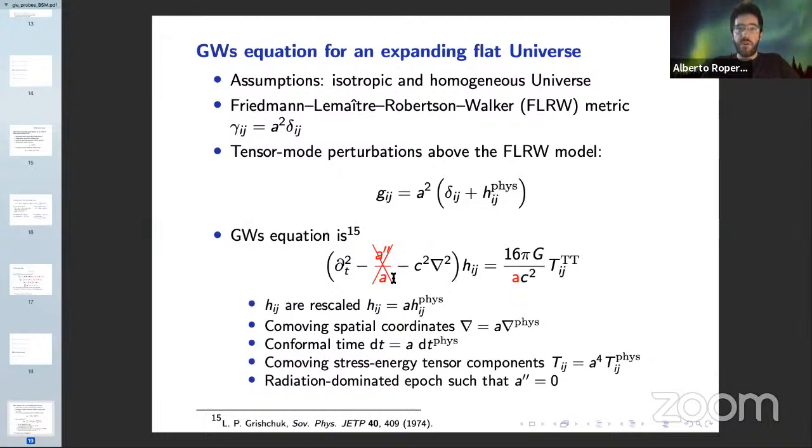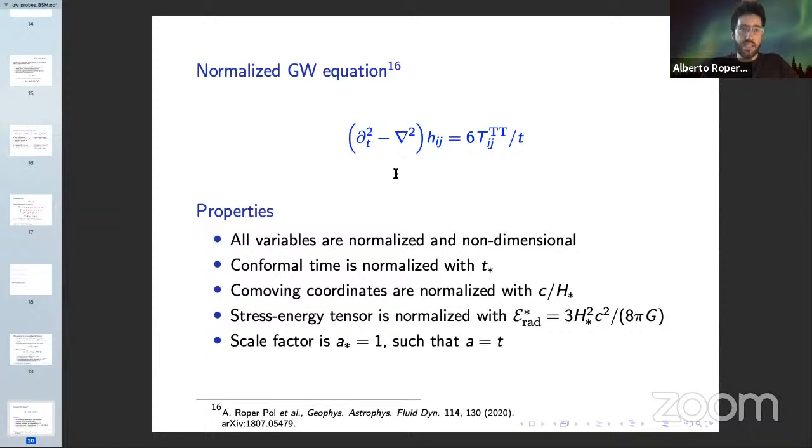Therefore, after appropriately scaling h_ij and using comoving spatial coordinates and conformal time, we can derive the gravitational wave equation in its simplified form, where the damping term ends up being 0 during the radiation-dominated epoch, since we have a linear evolution of the scale factor. Therefore, we can further normalize this, and this is a technical aspect. This is the equation that we end up solving within the Pencil Code, and the details are explained in this